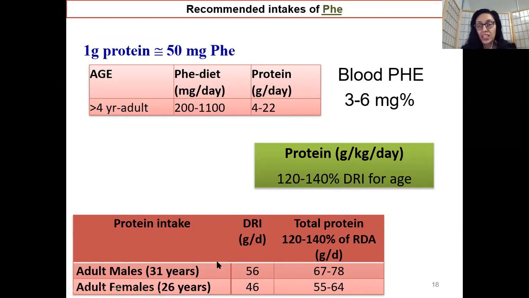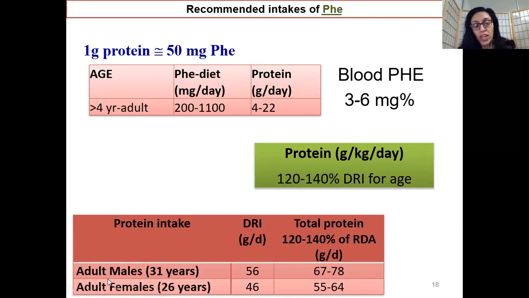All right, but I have calculated this using the DRI for the US, because this is taken from the US. But for example, if you do not have this handy, look at the Australian guidelines, which are so simple: 0.8 to 1 grams of protein per kg for a normal healthy adult is what you need. So if I am 50 kg, hypothetically speaking, and I say I need 1 gram of protein per kg per day, meaning I need roughly 50 grams of protein per day. Okay, so I need total 50 grams of protein in a day. So think of it that way.